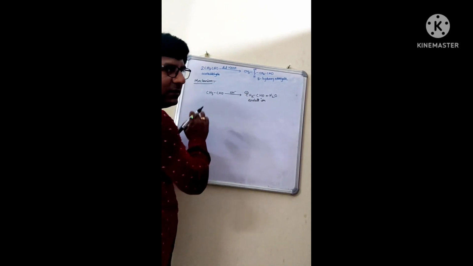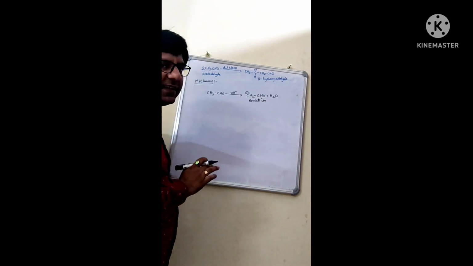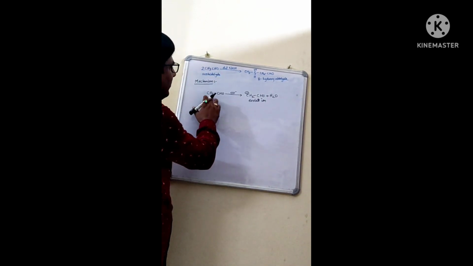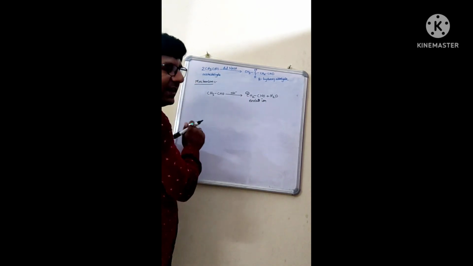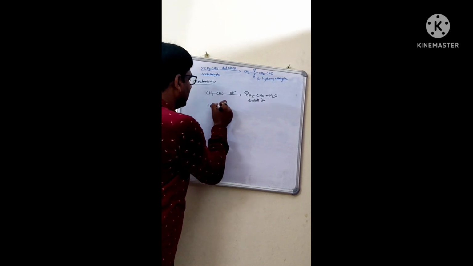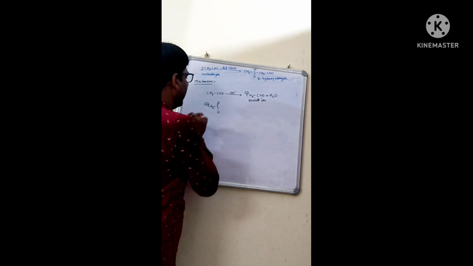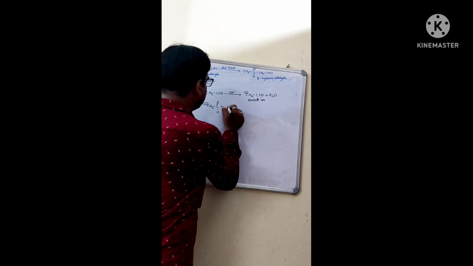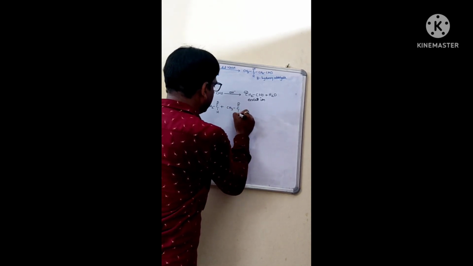This enolate ion, the carbanion, will react with one more molecule of CH3CHO. Means we have taken in total 2 molecules of acetaldehyde. One molecule we have used up here to form the enolate ion, and one more molecule is there, so we will take that. Now this enolate ion, CH2, C double bond O, we will write like this, with a negative charge. Now it is reacting with what? CH3, C double bond O.